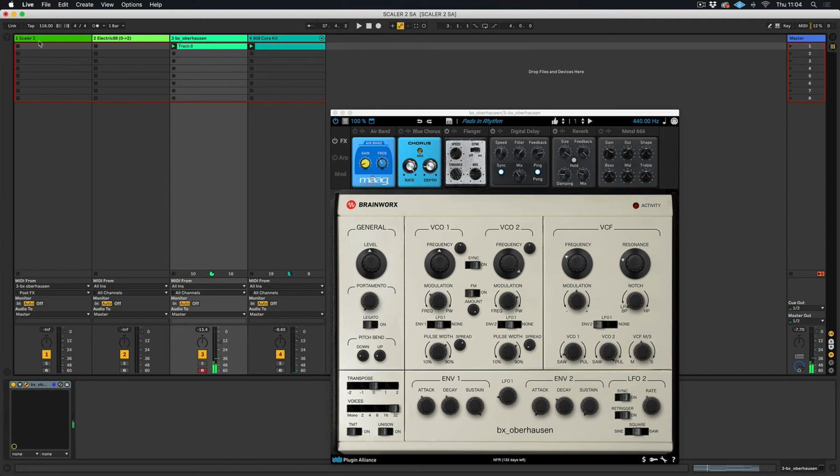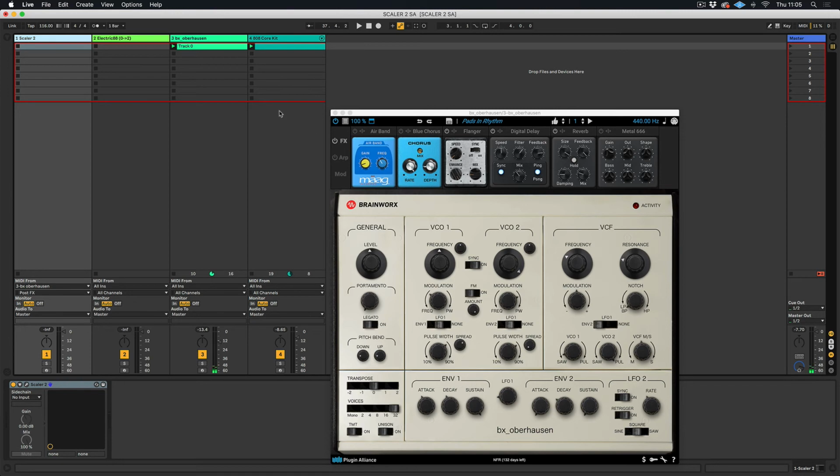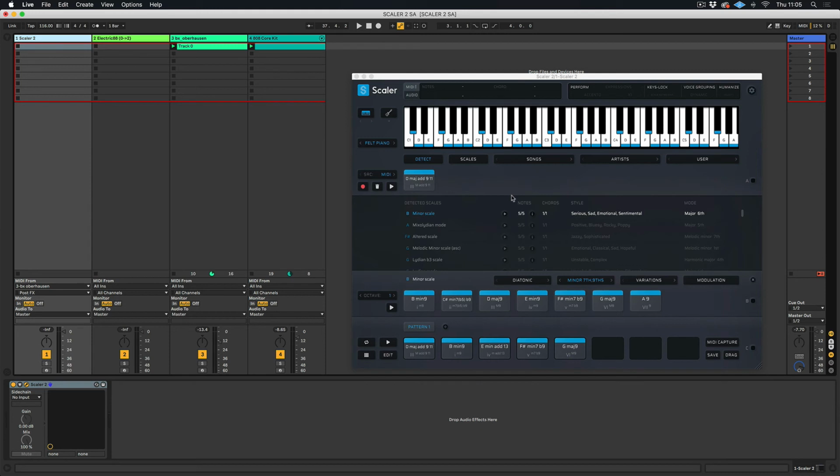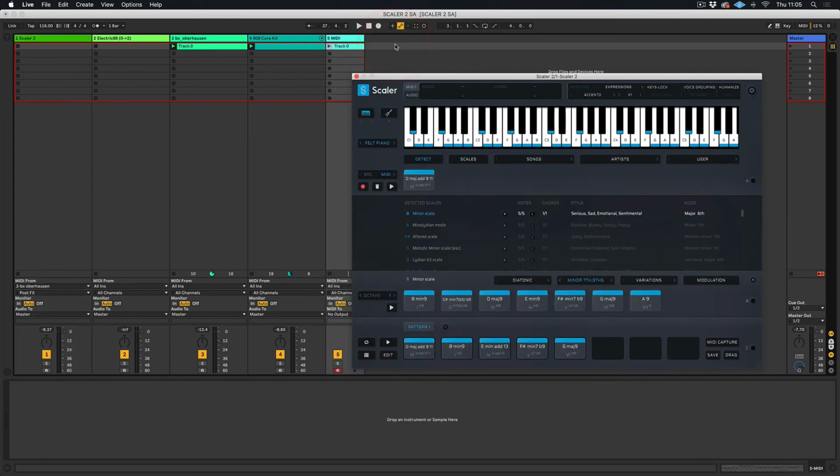Okay, excellent stuff. Right, if we go back to Scalar and let's open up Scalar, what I want to do now is show you how we can get a nice bass line from that. And if you remember our perform features, we have these expressions. If we press play now, okay, remember those. So let's drag those over to a new MIDI track here,